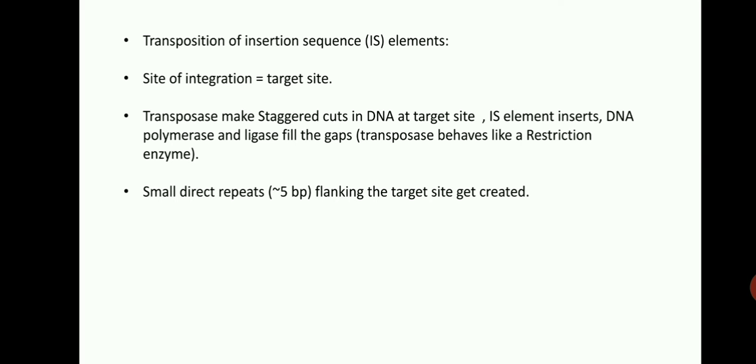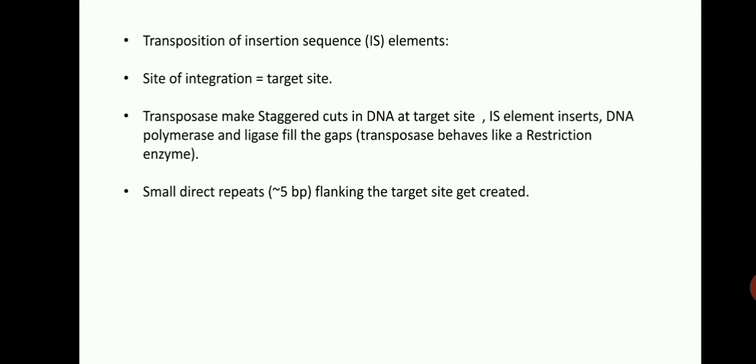So in transposition of an IS element or transposon, the transposable element is precisely duplicated and one copy is inserted into the target site and the other copy remains at the original site. Thus with each transposition event, the number of copies of the element doubles. You need to know all these things about IS elements. An important feature of transposition of an IS element is that the insertion of IS elements results in the duplication of the target site. This is the main important point you need to remember.